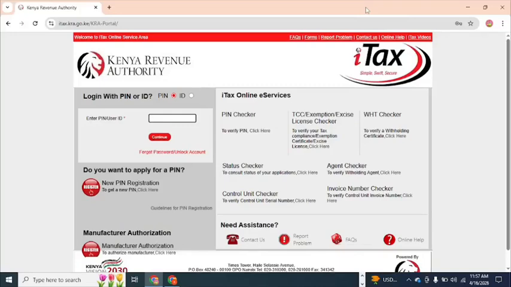I would like to take you through the amendment of tax return, that is the original tax return, for all the TSC employees. I have received these queries from a lot of teachers or the people who are filing for TSC return after doing the wrong filing of the original returns, either by using the tax bot in WhatsApp,